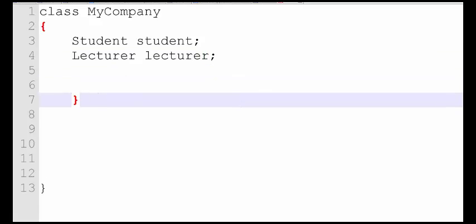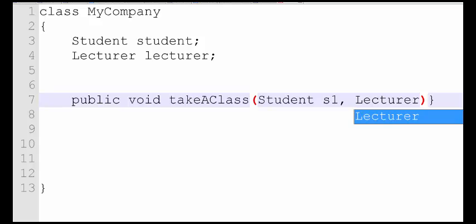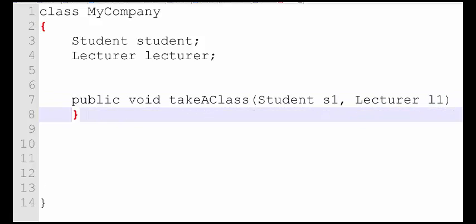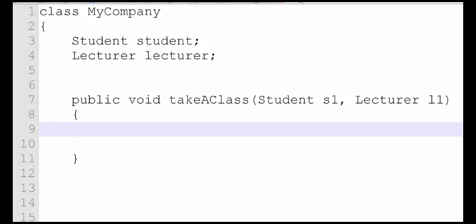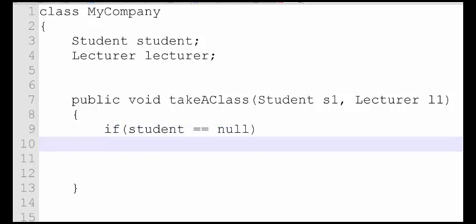If I have some function somewhere, it's possible to, for example, do if student is equal to now, right?